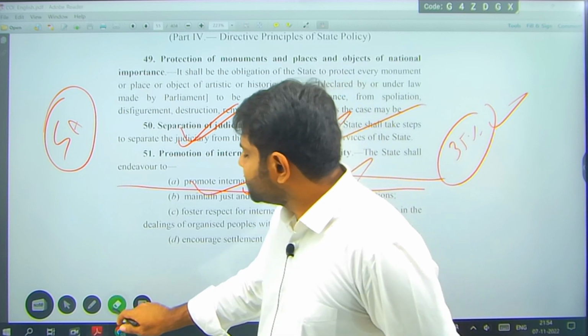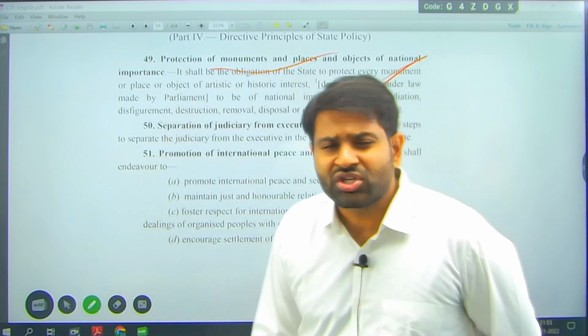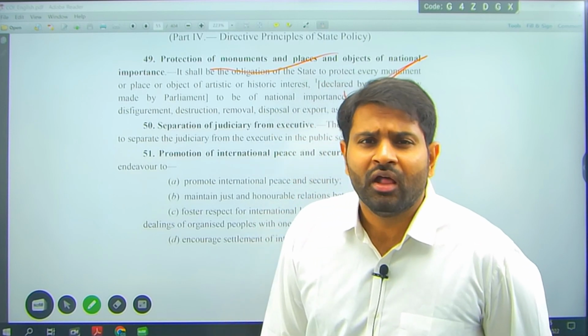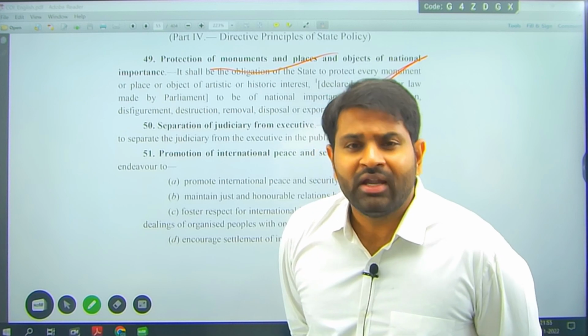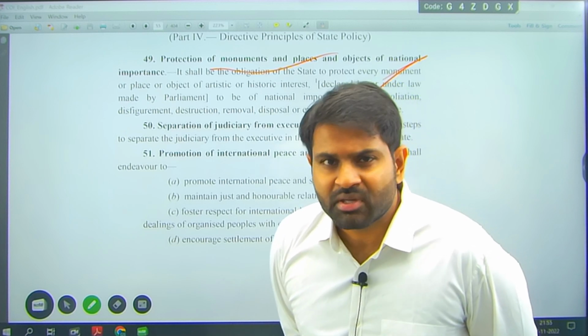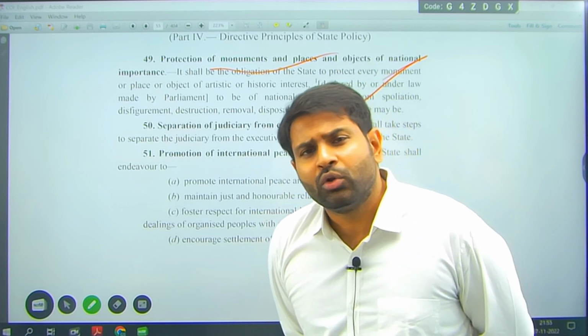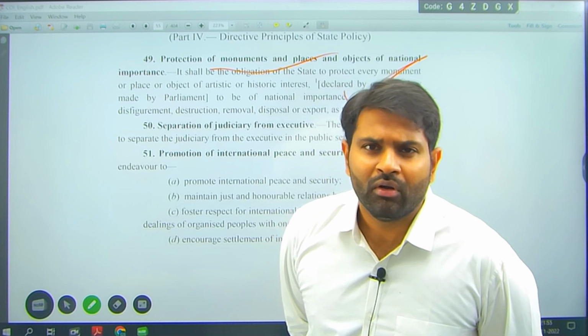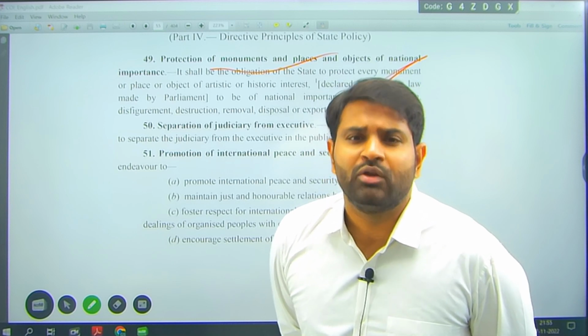Then protection of monuments and palaces. Remember that history is very important. History will teach you lessons. If you don't go through history, you will make the same mistake again. Even aspirants, if you have failed in the previous preliminary examination and continue the same mode of preparation, don't expect success. There should be some change, right? You need to get to know that change from the aspirants who failed before. If you learn from experiences, you will move forward.